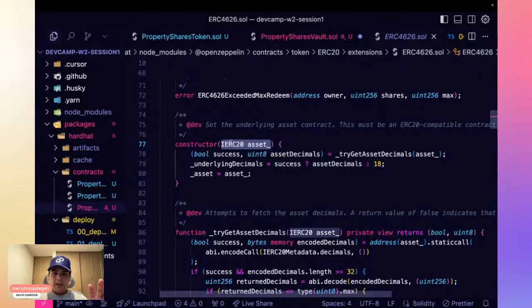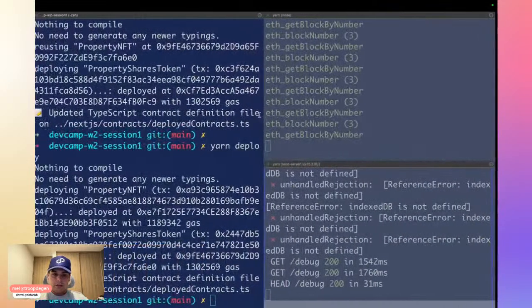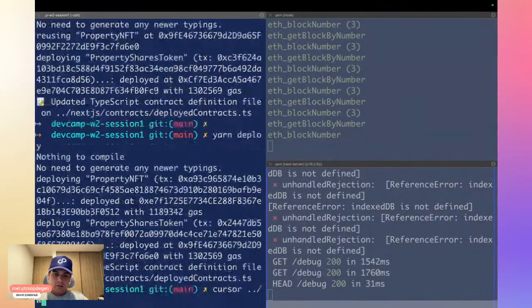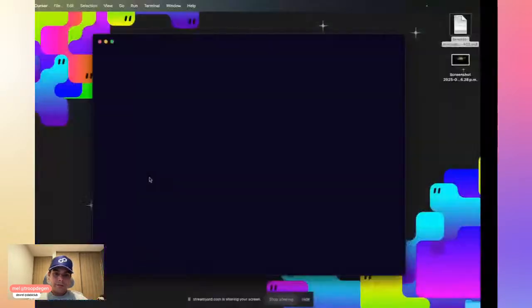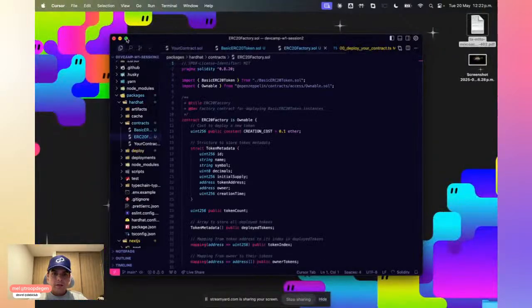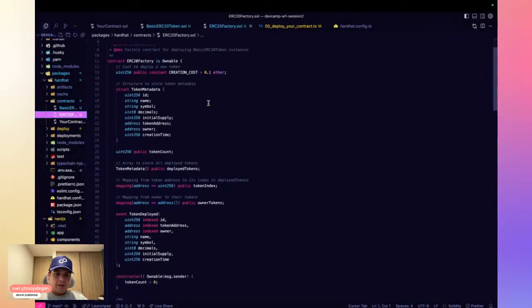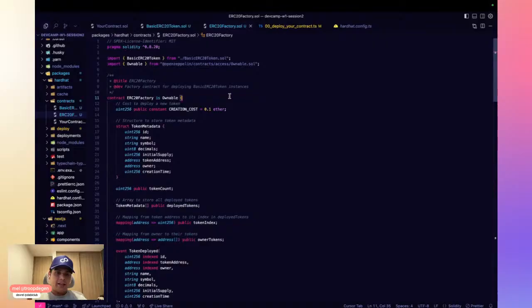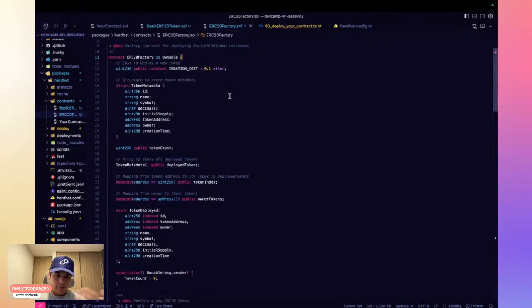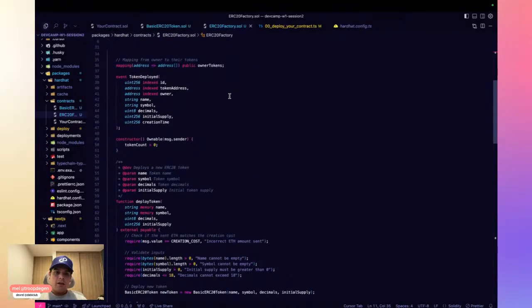Whenever you create a contract, remember we did this on the previous session. Let me put it very quickly here. On our previous session, we had a factory contract that created ERC20 tokens every time it was requested to.